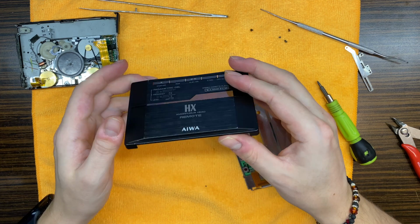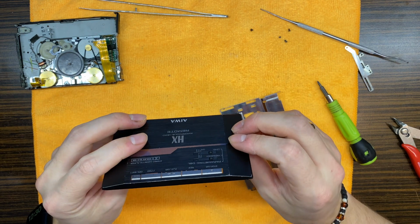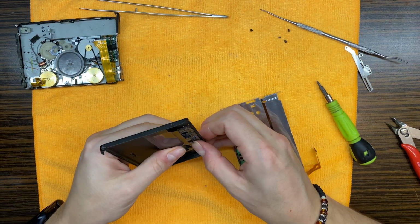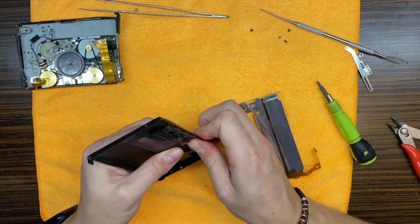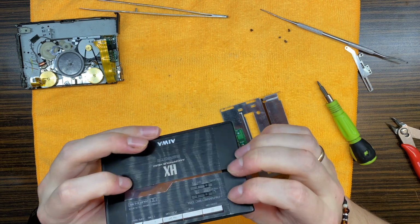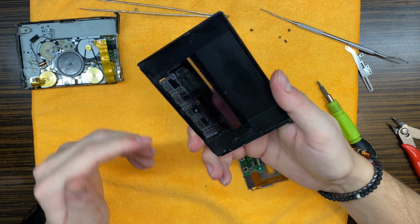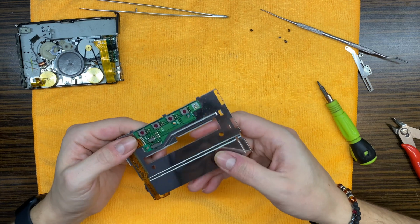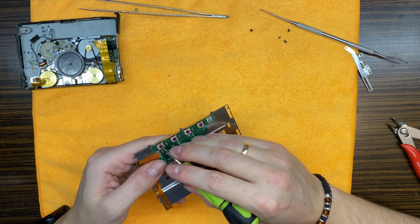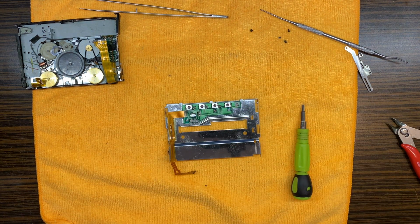Okay, it actually looks much better right now. Yeah, just a little bit right over here. Yes, and it looks a bit better from what I can see. Okay. I can see that somebody maybe used some cleaner on those switches. Let's instantly check with the tester